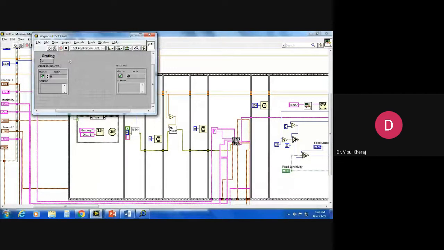You see the grating must have rotated completely by 180 degrees. There are two gratings, one on this facet, the other on the other facet, and they have different specifications. When I want to scan the wavelength in the visible range, I generally choose grating 1. When I want to go to the far infrared, I would go to grating 2, because grating 2 has wider grooves, so it is good for the higher wavelengths. For smaller wavelengths, I have to go to smaller grooves, and that is grating 1. Generally we use grating 1, so I'll switch back to grating 1 again.